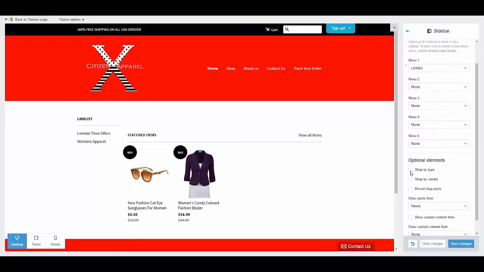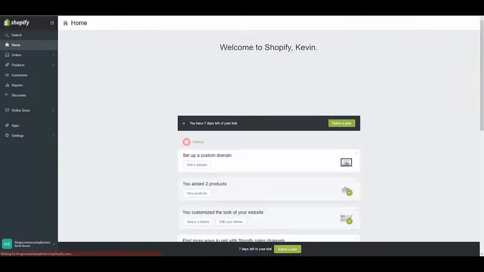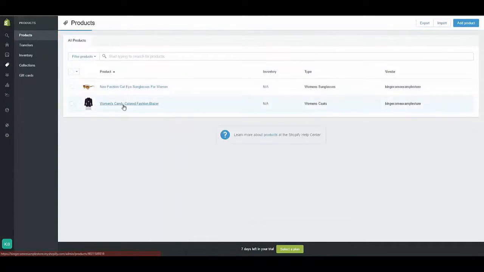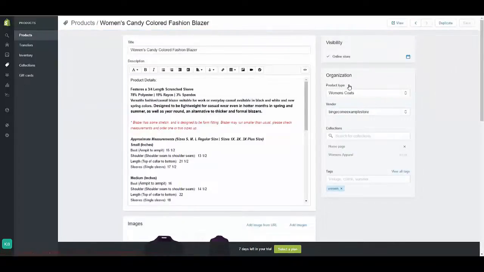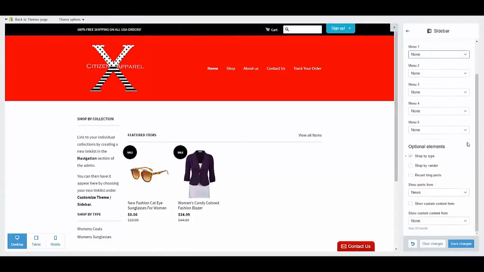And let's see, shop by type, shop by vendor. If I add shop by type, it'll say shop by type. So now the type that we created on the product, we said this was a women's, let me visit admin. Let's make it easier to understand here. Go to product, I'll go to one of them. So product type, I called it a woman's coat. So now if that's what you want to do, you can even just remove this and say none. And let's see,